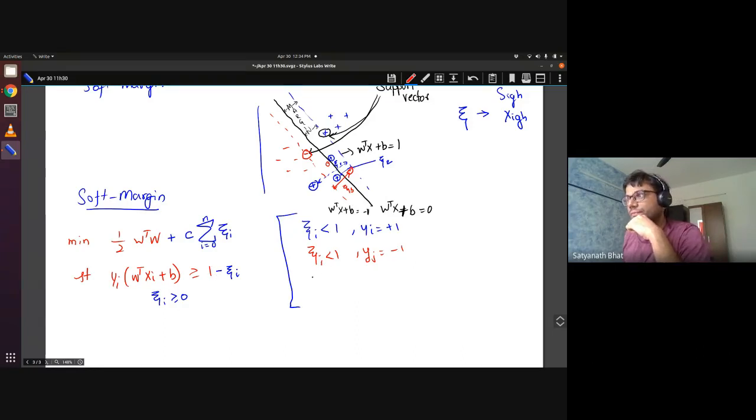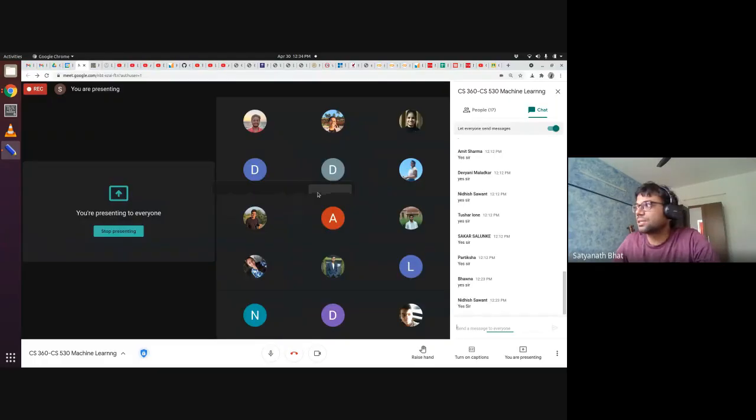Similarly, if Xi is greater than 2, then we are talking about completely the wrong space. Do you understand this? If Xi is greater than 2, then that point will be lying somewhere here or here. So this is a case where Xi is greater than 2. Do you understand how the Xi's are controlling this, where you are allowing some points to fall in the wrong region? That is what these Xi's are doing. Can I quickly check if people follow this much? Is it clear so far?